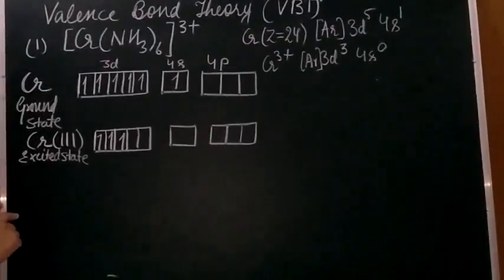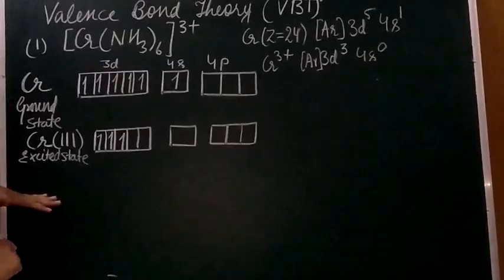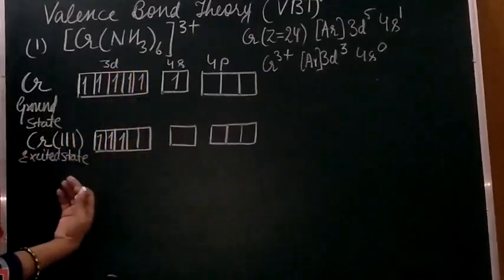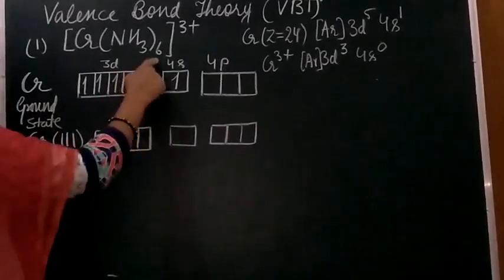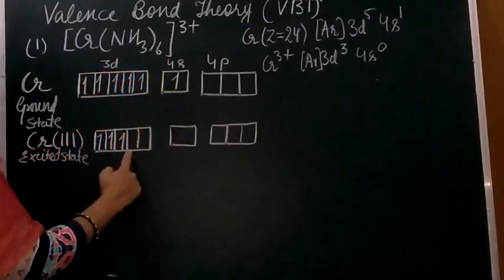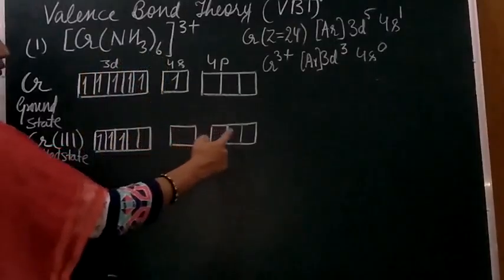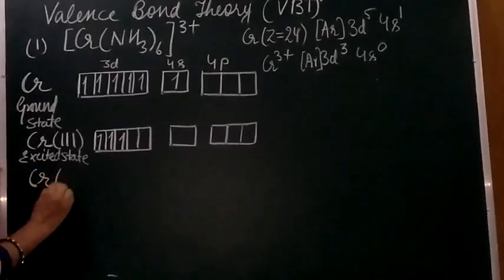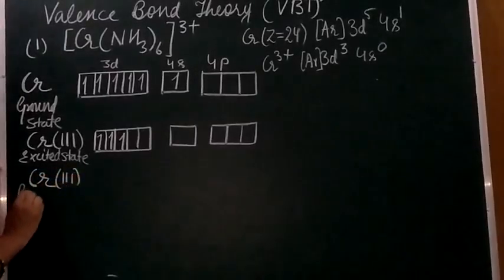Now the third step. This was the step of writing the ground state configuration, then the oxidation state, right? Next we will write down the hybridization which is getting involved. How many atomic orbitals will be involved in the hybridization depends upon the coordination number of the central metal ion. Since it is 6 here, we can see we have got 1, 2, 3, 4, 5 and 6, right? So the next step is the chromium in the hybrid state.